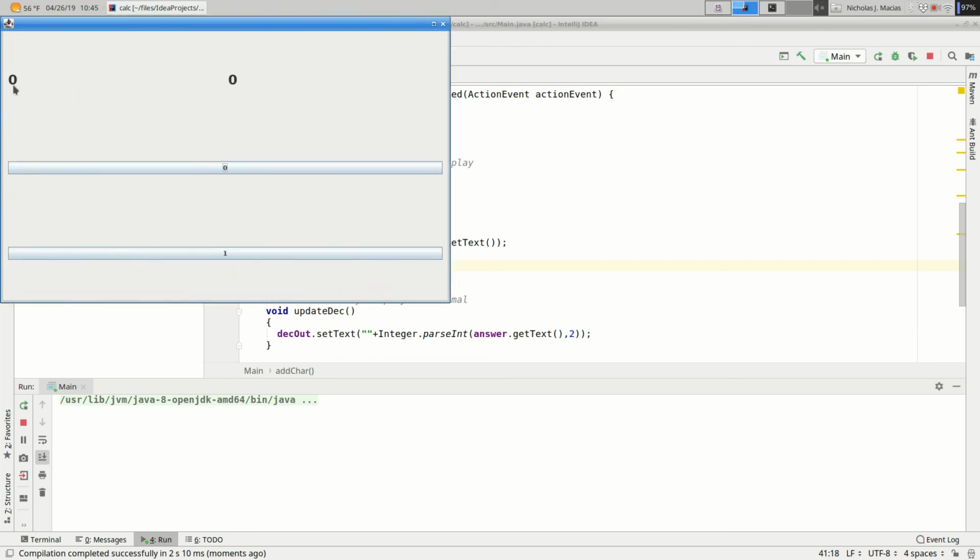So we'll run this. There's our binary, there's our decimal. Here's a 1, there's 3, there's 7, there's 4, still 7, there's 39, and so on. Arguably useful, but hopefully interesting.